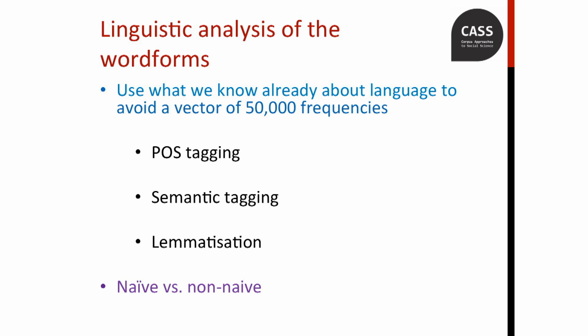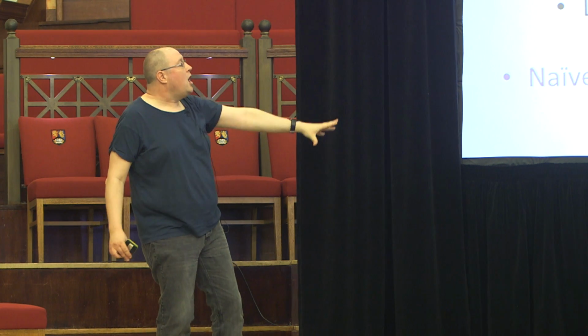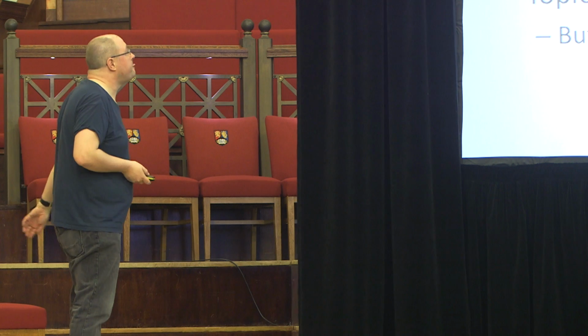And this keys into a point that Susan was making yesterday when she described topic modeling, I think, as a linguistically naive method. So essentially, this then would be your non-naive approach to addressing the word form frequencies, whereas the previous set, data mining, factor analysis, cluster analysis, that would all be naive because it's purely, as I said, crunching the numbers. So yes, but let's assume that we're putting aside linguistic knowledge for now, and we just want to